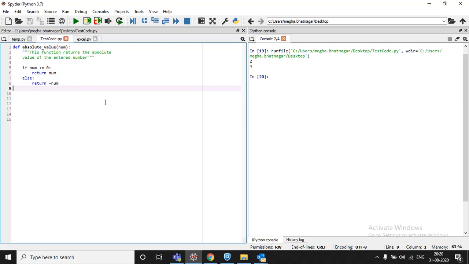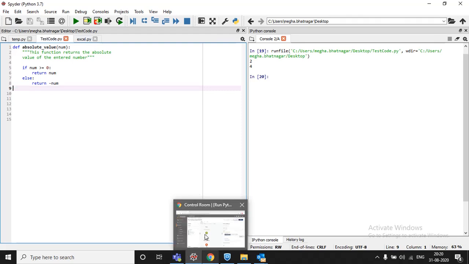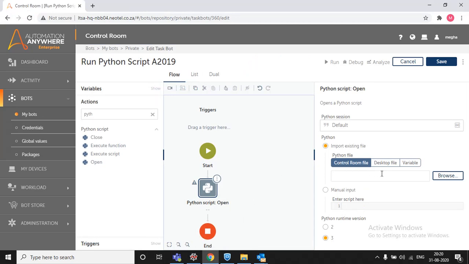So I'm going to delete this and I will pass it as an input variable in my python script in my a 2019 platform. Here it will ask you import existing file and manual input.